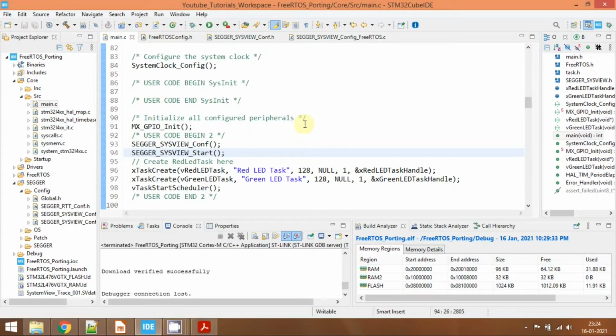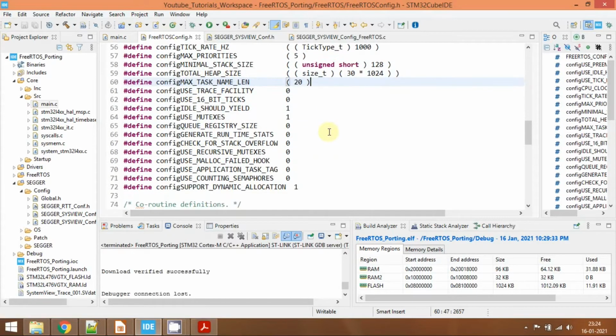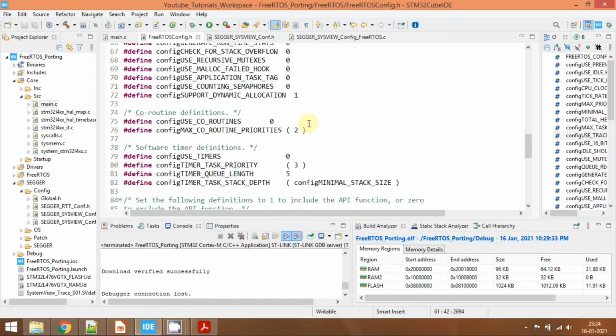We need to also change some of the parameters in the FreeRTOSConfig.h file. Open the FreeRTOSConfig.h file here and scroll down, and you need to enable this macro, that is configUSE_TRACE_FACILITY, because we need this. Enable this, changing from 0 to 1, and come down.